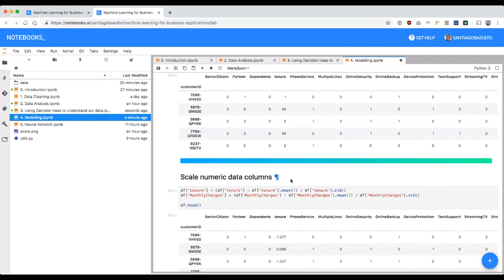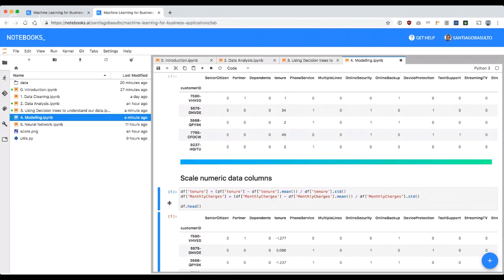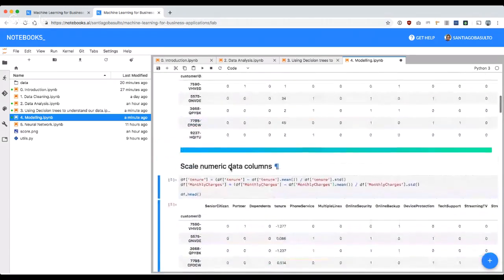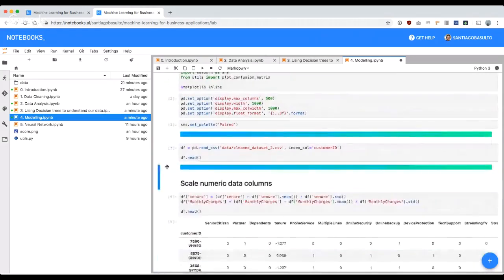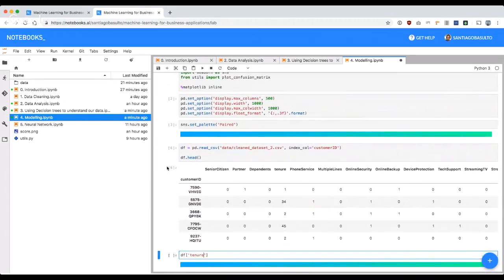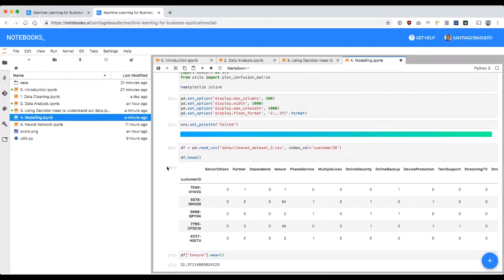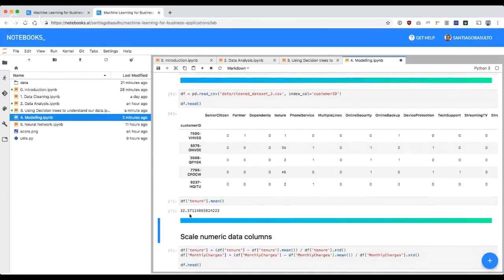To do that, we will usually scale the data. We're taking a very simplistic approach here, and there are actually multiple methods in, for example, scikit-learn to scale the data. You can check the standard scaler. Normalization is also important. In this case, we're just doing the standard scaling of the data, which is just subtracting the mean and dividing by the standard deviation. For example, let me read this again, df tenure mean,